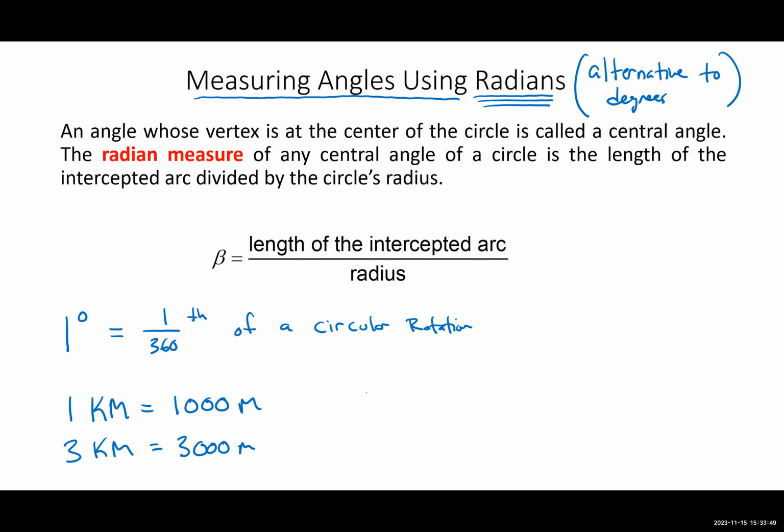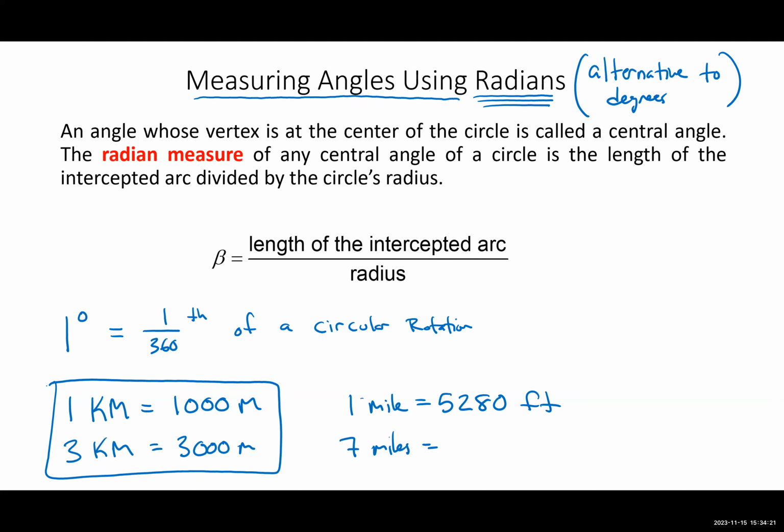Well, if you talk about what we do here in America, 1 mile is 5,280 feet. Well, how many feet are in 7 miles? I have no idea. I need a calculator, right? It's not convenient. They're not nice, easy numbers to work with. So the metric system for all types of measurement is more convenient. And it turns out with angles, the radian measure